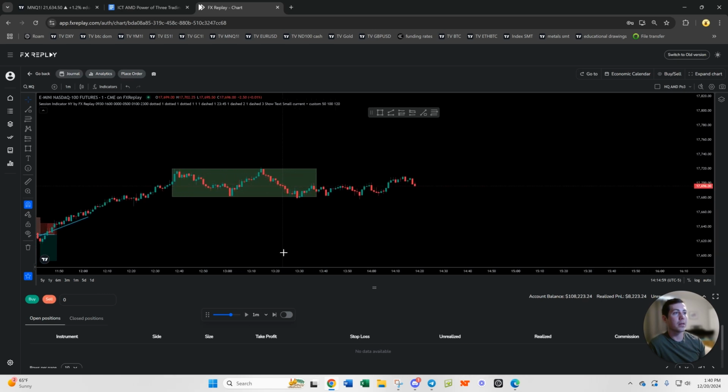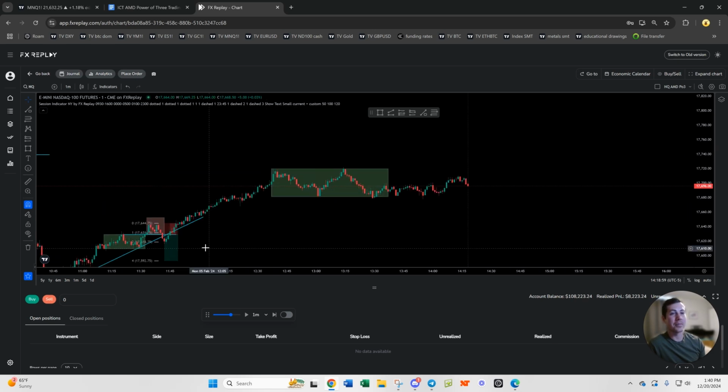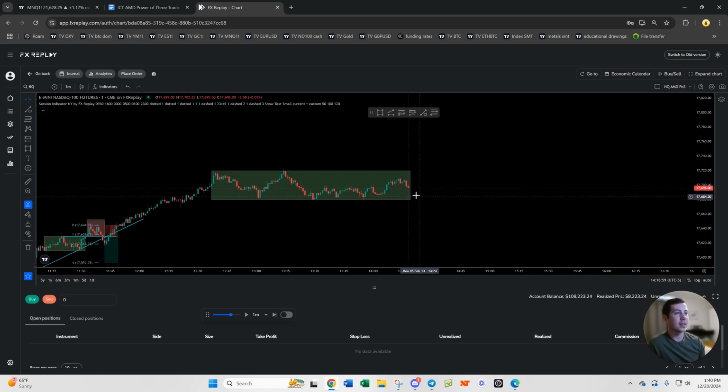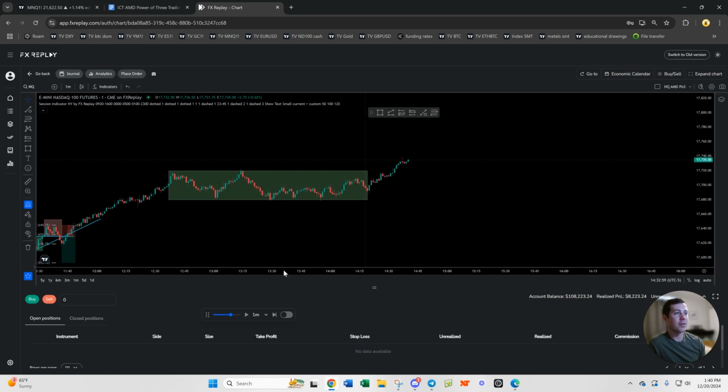Still kind of chopping around in it. I definitely wouldn't classify this as manipulation. It did close a tiny bit lower, but you need to see something more substantial than that, I would say. And so I'll probably just edit my zone slightly to include that body in this entire accumulation zone. We're in the afternoon now, so a little lower volume and volatility, but we have